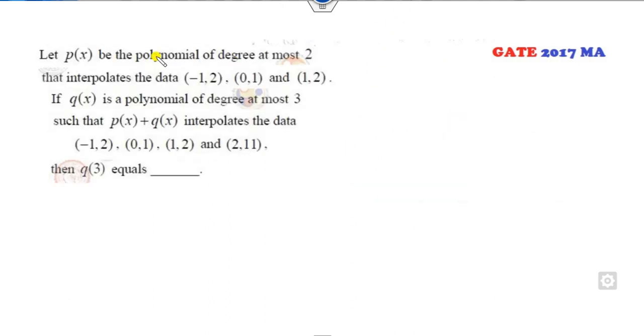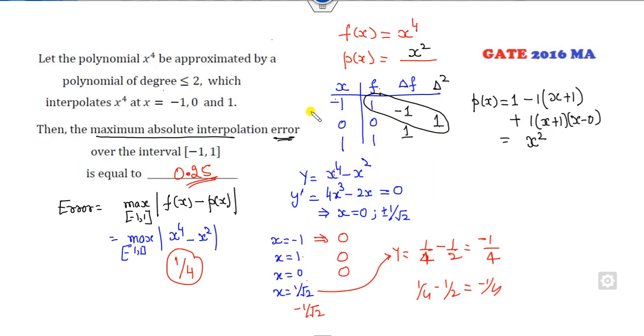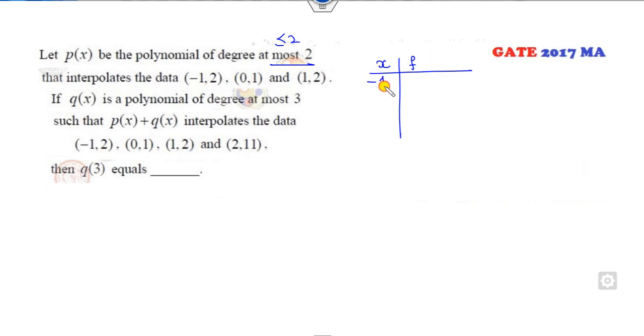Okay, look at this another one. P(x) is a polynomial of degree at most 2. Now you can see, firstly we have to find the polynomial P(x). It's very simple. Again, in the same way I can quickly interpolate the polynomial by using such a table. So what is the polynomial? -1, 0, 1. It is 2, 1, 2. Now you can write the difference. It's -1 plus 1. It's -1 divided by 1 is -1, then +1. 2 divided by 2 is here.